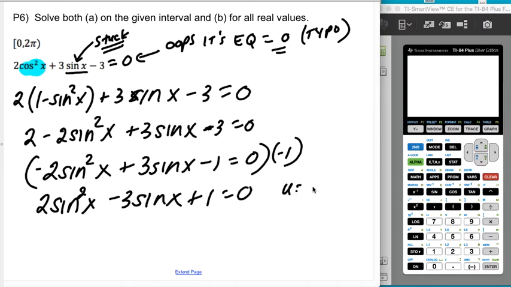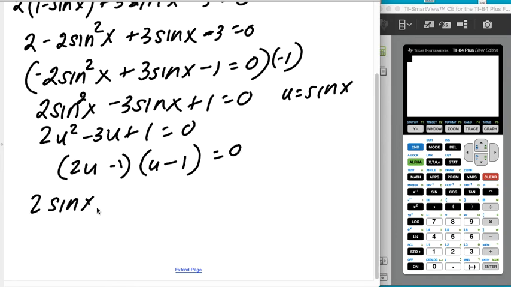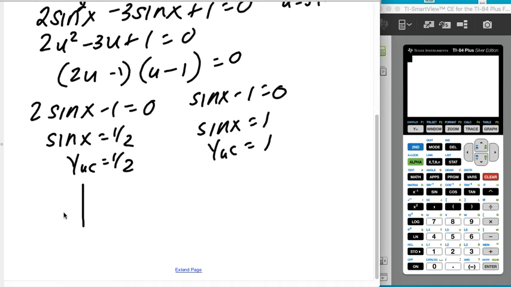And I'm going to say, oh, my u is sine x, so this is 2u squared minus 3u plus 1. We can factor this into a 2u and a u, and they're both minus 1s. So either 2 sine of x minus 1 is 0, or sine of x minus 1 is 0. So sine of x is 1/2, which would be the y on the unit circle is 1/2. Or sine of x is 1, which is when the y on the unit circle is 1. That happens here